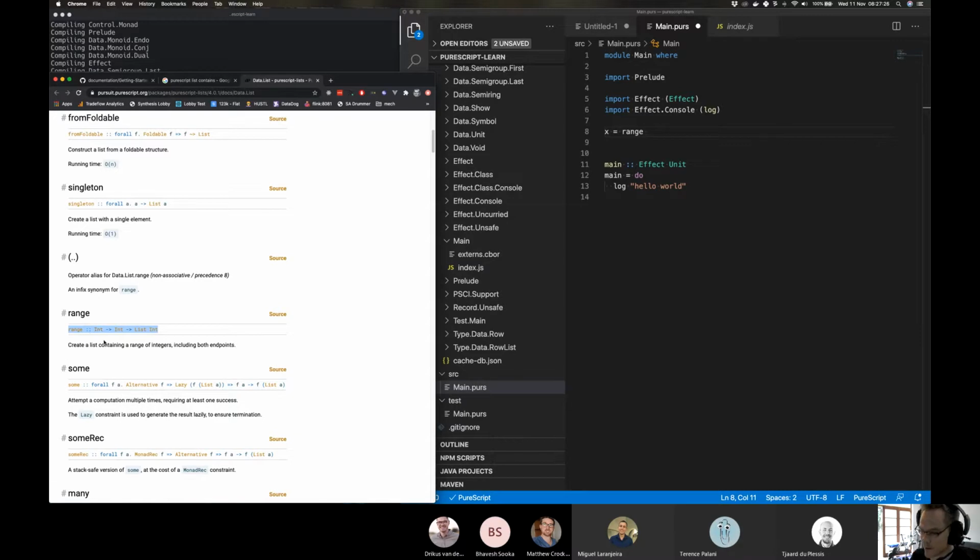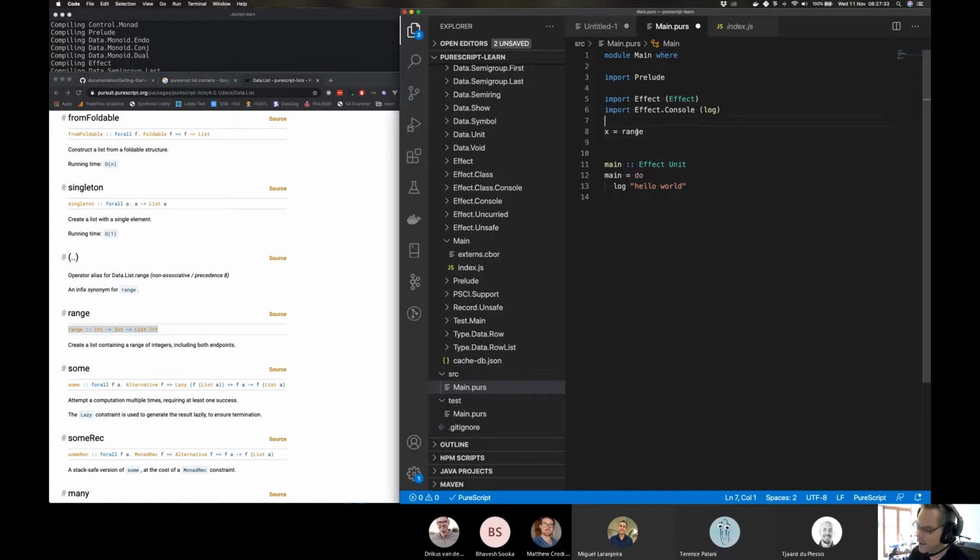This tells you a whole lot about a function, and it's definitely worth getting used to this notation. For me, this is the best way of defining what a function does. So let's describe range actually. If we put that in here, the way we can use range is, as Miguel said, the colon means type. So we're giving it a type. Even though it's a function, in a functional language a function is a first-class citizen, so it has a type. We're saying the thing called range is of type, that's what that means. And this is the type definition.